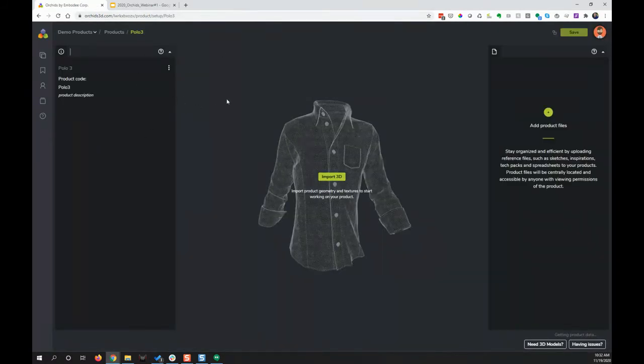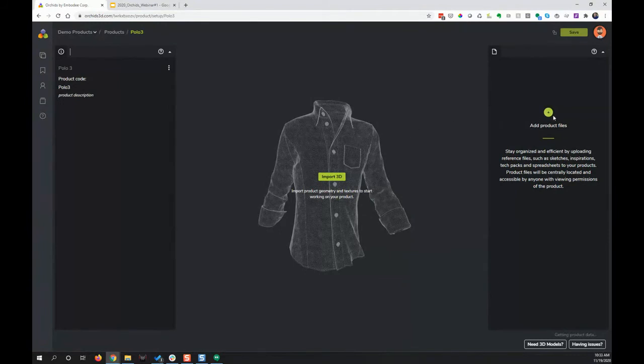All right, so I have what we call an empty shell. This has a product description, just a little bit of metadata behind it. But other than that, it doesn't have really anything in this product quite yet. So what I want to do is give Joe some instructions on how to design this product, maybe for the upcoming collection or assortment that I'm creating over here.